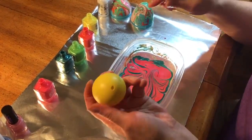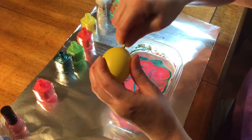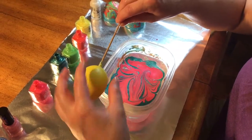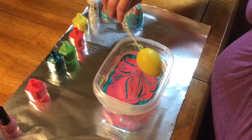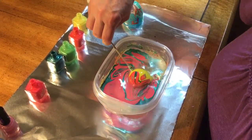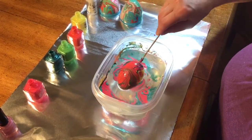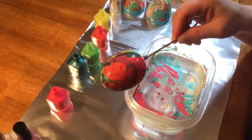Now this time I'm using the egg and it has a little hole in the bottom. So I'm sticking my skewer in the egg so that I can do the entire egg at one point. If you don't have a skewer, then you're going to have to dip half the egg, let it dry, and then dip the other half. So because I have the skewer, I'm going to put it in, and then I'm going to gently roll the egg, or not so gently, and it's going to come up. If you missed a spot, just dip it again, and it's going to come up with a beautiful marbled pattern